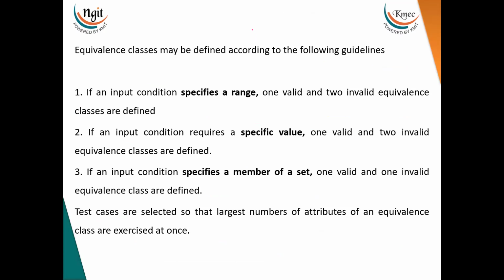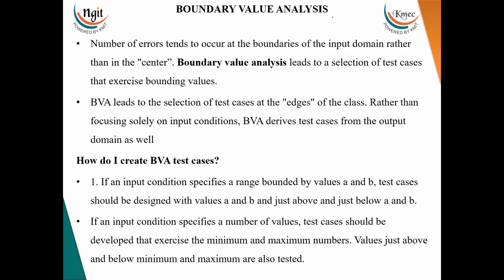So let us take, for example, a form that accepts the age between 18 to 60. Now what happens? The valid class will be, let's say, 30. The invalid classes are 17 and 61. Okay, that's it. Next we talk about